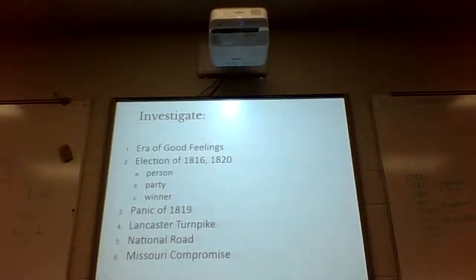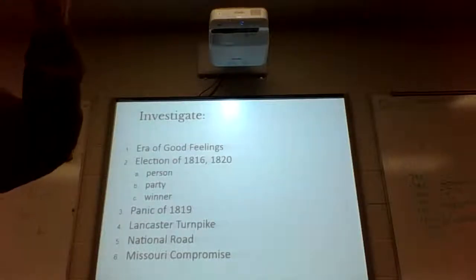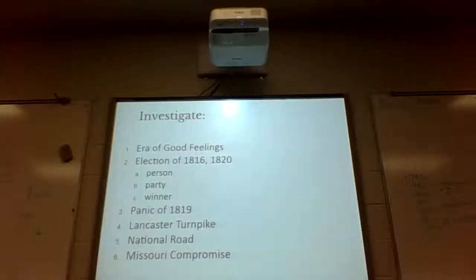Just writing down, Missouri joins the nation as a slave state. Maine was not a state. Maine was part of Massachusetts. What they did was they cut Massachusetts basically in half and said Maine joins as a free state. So we have a slave state and a free state. And then, what do we do with the rest of the Louisiana Purchase? Well, basically, no slavery. I'll show you a map here in just a second.